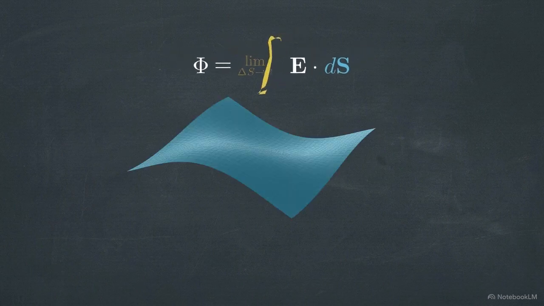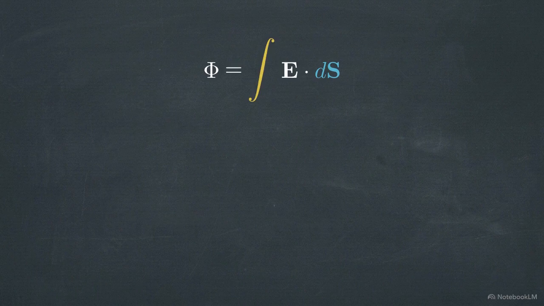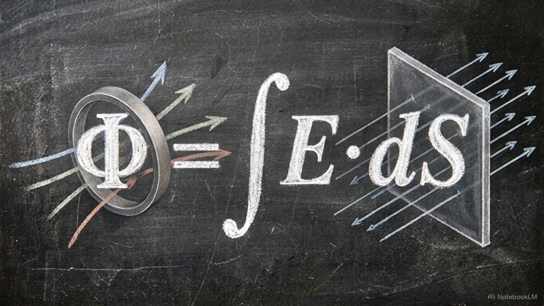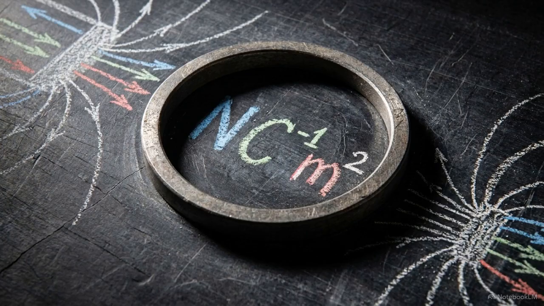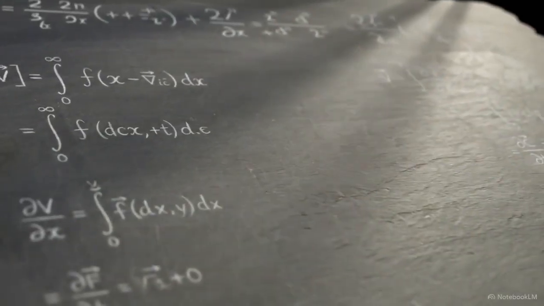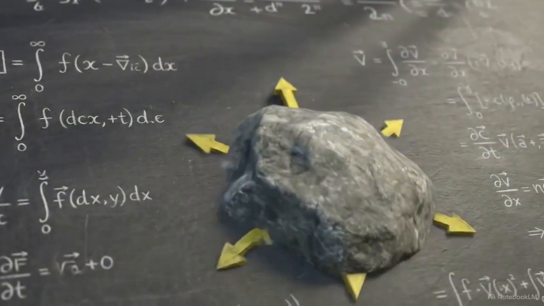The summation notation formally transforms into the integral sign. We define this final equation as the continuous surface integral of the electric field over an area. Derived strictly from this calculation, the official units of electric flux are newtons per coulomb times meters squared. By vectorizing area and pushing geometry to its calculus limit,